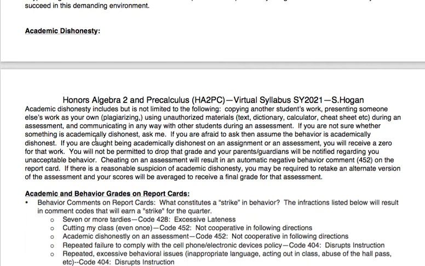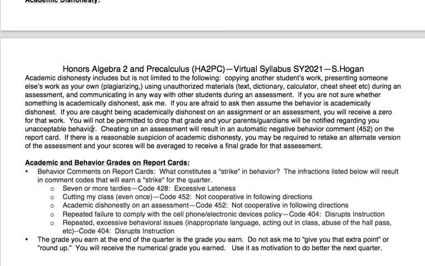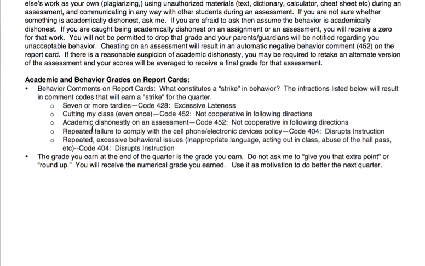In terms of tests, again, I'm not going to be sitting next to you. I'm not necessarily going to be able to see what's going on, but please don't be copying, don't be cheating, don't be talking during my tests. I don't know that I'd catch you, but eventually it catches up to you, because if you don't build the skills now, if you can't perform on the test on your own, then it's going to catch up to you sooner or later, probably in one of my classes, okay? So if I do catch you cheating, I give you a 0 on the assessment, and I talk to your parent or guardian. You can read the detailed policy there.